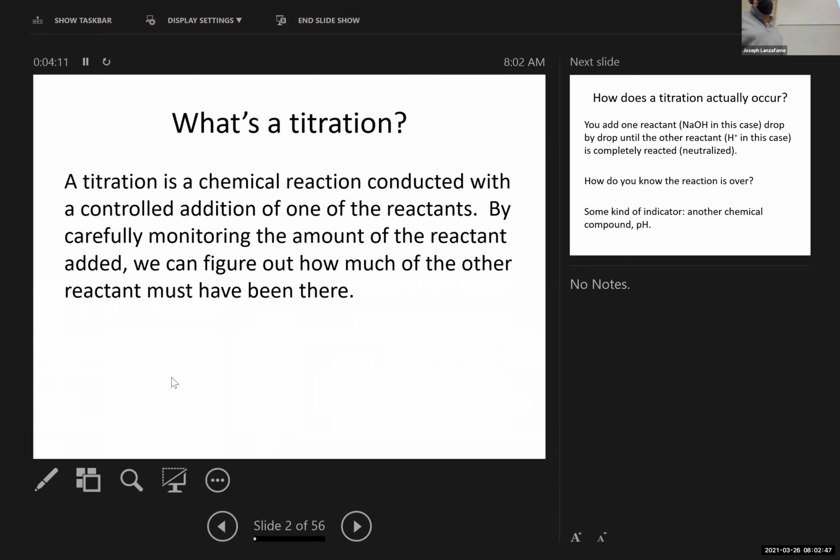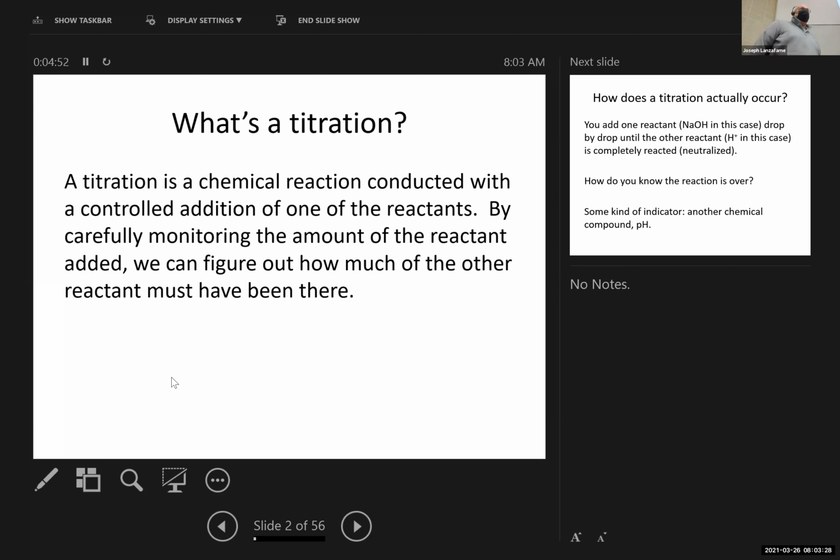Right? Titrations are a more general chemical analytical technique, right, where I intentionally do a reaction where I know the concentration of one of the reactants, right, and I can use the stoichiometry to determine the amount of the other reactant, right? And so it is frequently used to determine an unknown concentration of some chemical species, right? In the case of acids and bases, of course, my reaction would be an acid-base reaction,